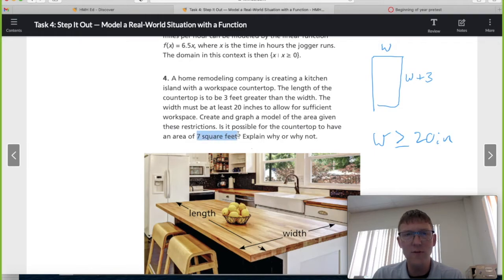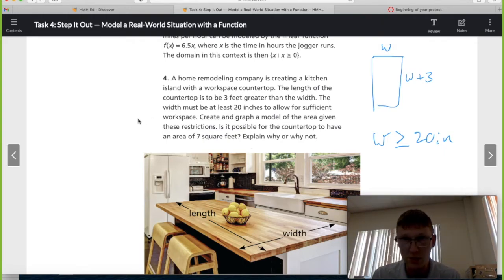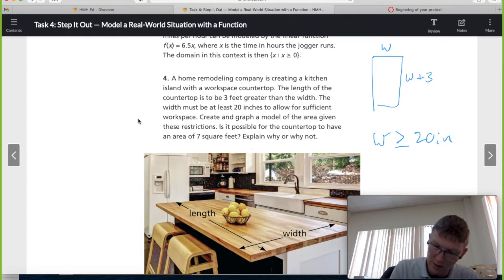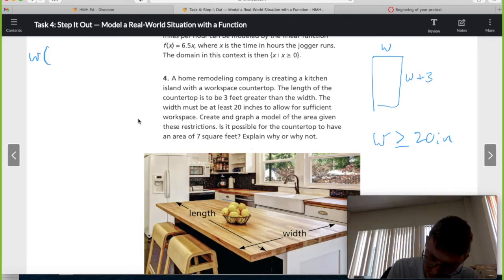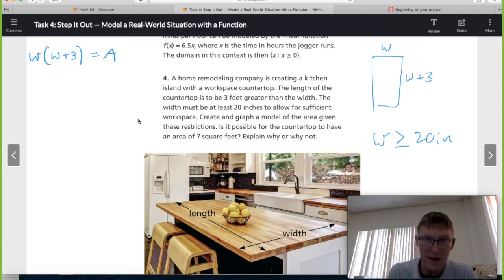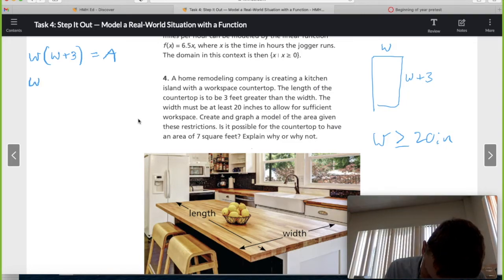Really? 7 square feet? It changed units on us. Anyway, so if we were to model a function for the area of this rectangle, rectangles are length times width. So we would just do W times W plus 3 equals our area. If we wanted to simplify that, as all good mathematicians would do,